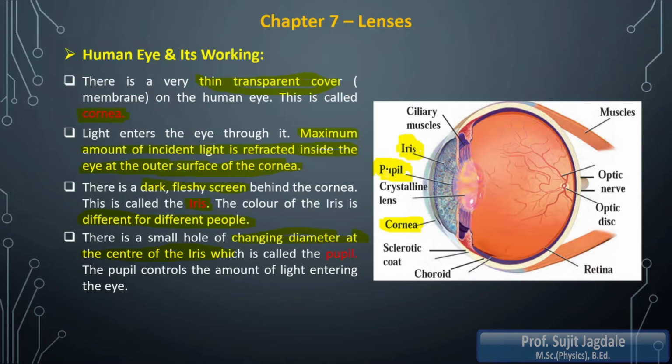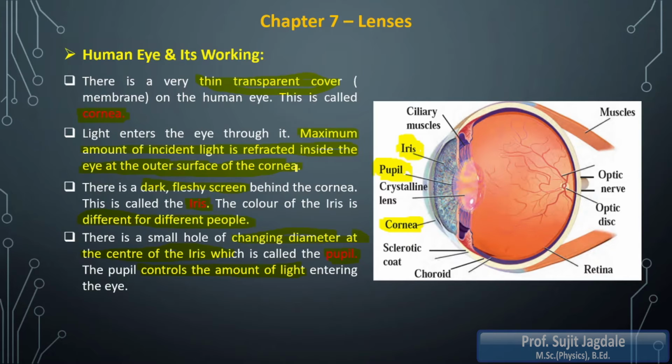It is referred to as the pupil of the eye. So the third part is the pupil. The pupil controls the amount of light entering the eye. And if you see the function of the cornea, its function is that the maximum amount of incident light should be refracted inside the eye.